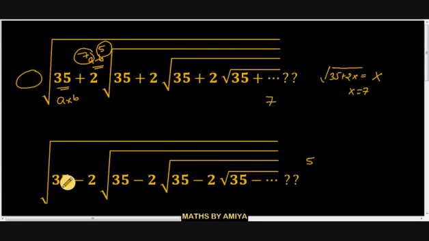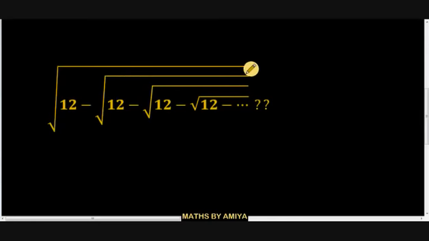Now, for better clarity, let's solve another question. This is another question based on the same concept. The first term is nothing but a into b, and the second term, which is not given, we can say the hidden term is nothing but 1, is a minus b. A into b is 12, a minus b is 1, so we can easily say a is 4, b is 3. All terms are minus, so we have a smaller value, so the answer of this is 3.